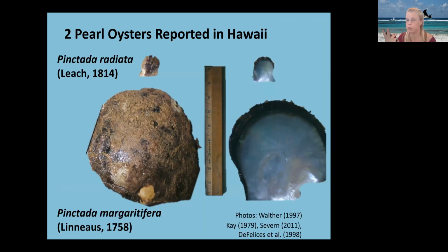So there are 2 pearl oysters that are reported in Hawaii. There's the one I was looking for, Pinctada margaritifera, which is really big. Like you can see, it's like the size of a ruler or even bigger. And that's what it looks like. It's a juvenile. And then there's also